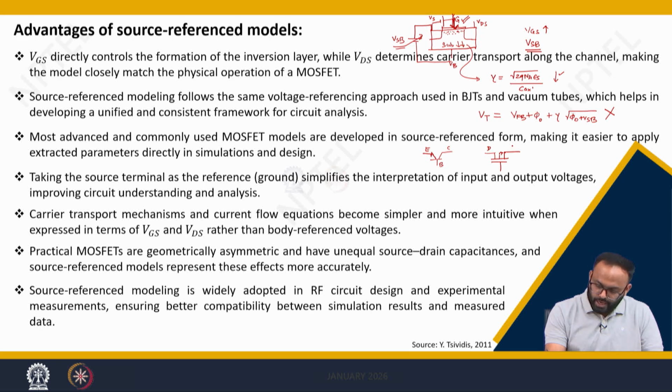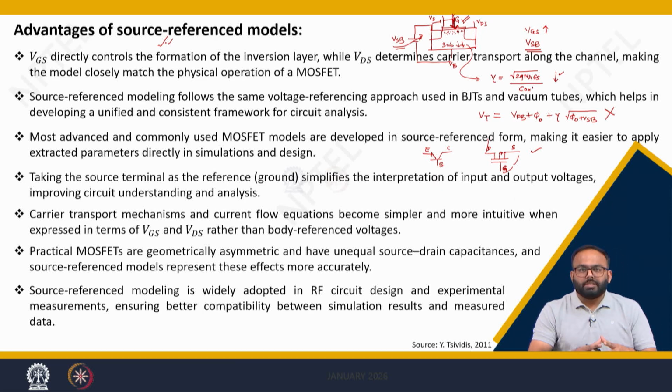So we do have drain, source and gate. The input is applied between gate to source and the output is taken from drain to source. That is what we follow. So historically also the body reference model is advantageous. Another part is, we have seen in our previous analysis, when we thoroughly analyze the surface, the source reference